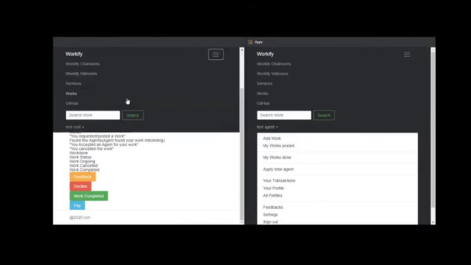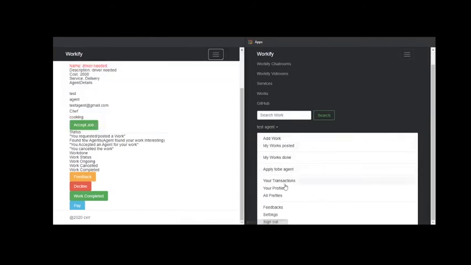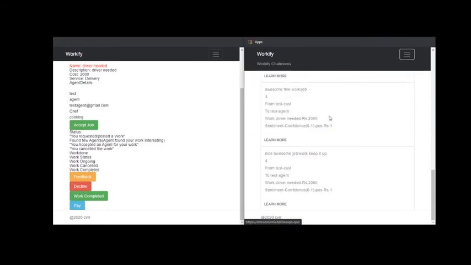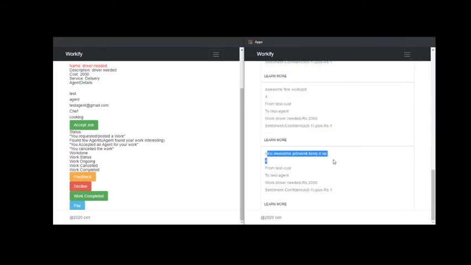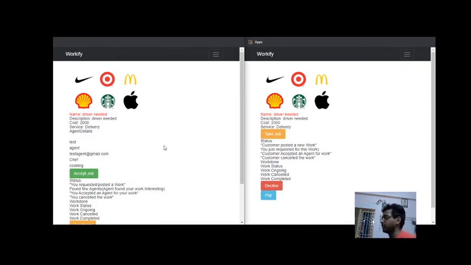This is the agent and this is the customer, as you can see. Feedbacks, his feedbacks, and you can see nice, awesome job, keep it up. Now let's say his rating. And we can take from that payment for our company, like the business model. Basically we will take some amount from that, or it can be monthly subscription wise, so that some profile information will be hidden and something will be shown if they pay. If the subscription is more, we will show more. That can be the business model.